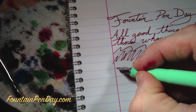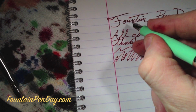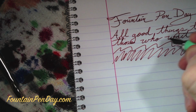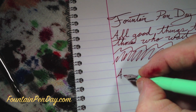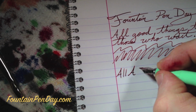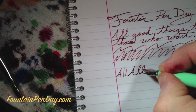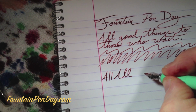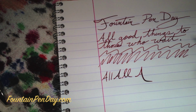Now, if you push this nib, which writes, I would say, in a fine to medium range, depending on the pressure that you give. If you are a light writer, then the line is quite thin. If you give it a little more pressure, it'll give a little heavier ink flow, and you can see the difference in the ink. It'll give more of a medium line. Moving along, if you give it a little pressure,